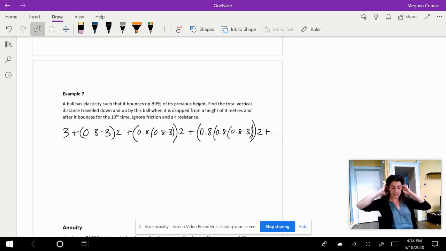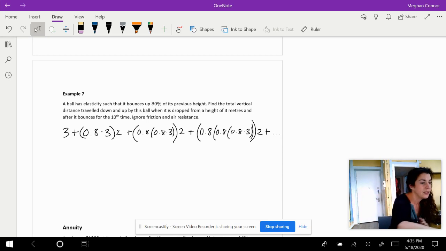So I want you to realize that what we're newly multiplying every single time is 0.8. While yes, we're multiplying by 2 every time as well, we're not re-multiplying by 2 in the idea of this sequence. 2 is just always a part of it. So our common ratio is still 0.8, but our first term